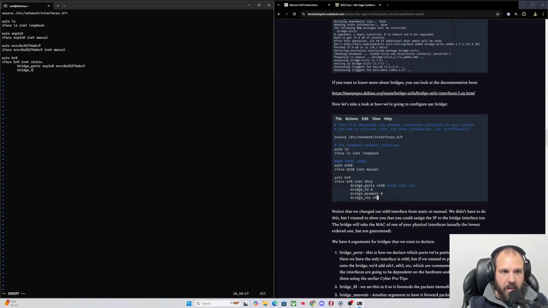Bridge FD0, because in this example we only had a single port, so it wasn't a big deal. Let's see, bridge forward 0. We want bridge max weight 0, and then we want bridge STP off, and then we want address. We're going to do the same one,